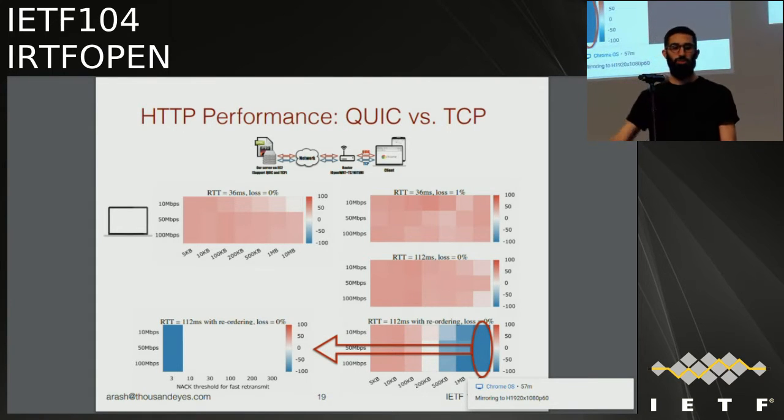the default NACK threshold for QUIC was 3. I'm looking at the example where we're downloading a 10 megabyte object. So it's a big object, a sizable transfer, and we want to see if QUIC can benefit from the same mechanism as TCP. So we started playing with the NACK threshold, and we actually saw that